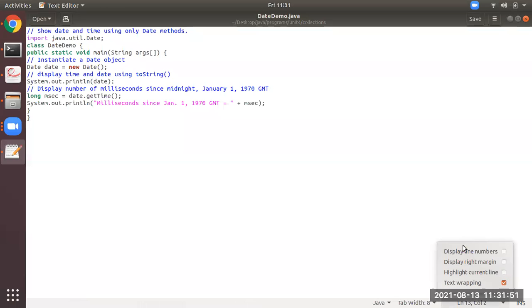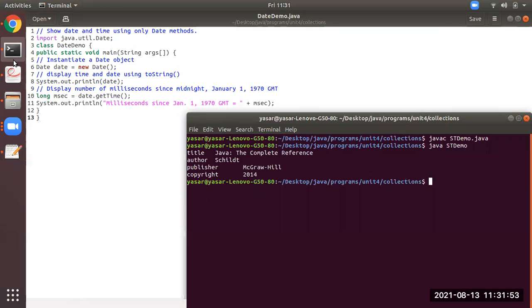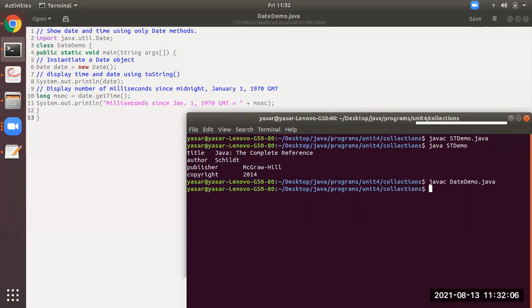Let's compile the program. It is compiled. Now let me run the program.